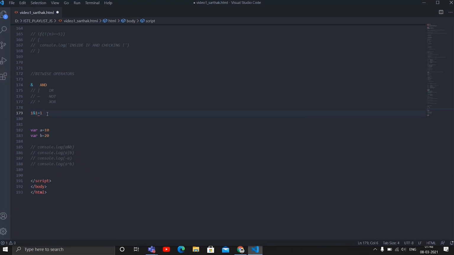And 0 and 0 will result in 0, whereas 0 and 1 will also result in 0. Whereas in the case of OR, 0 and 1 will be 1, 1 and 1 is 1, 0 and 0 is 0. So we'll see both of these bitwise operators.